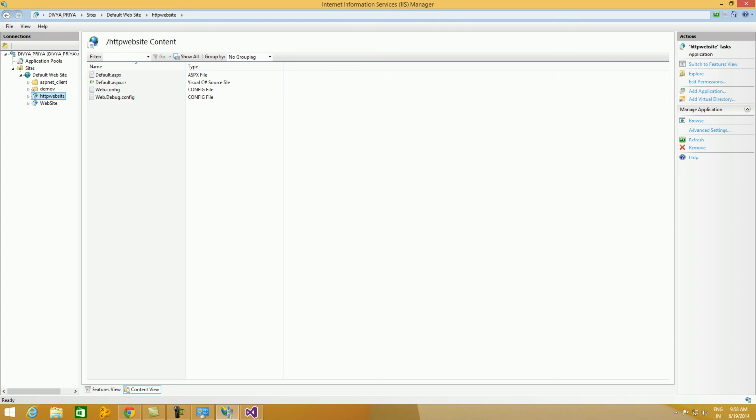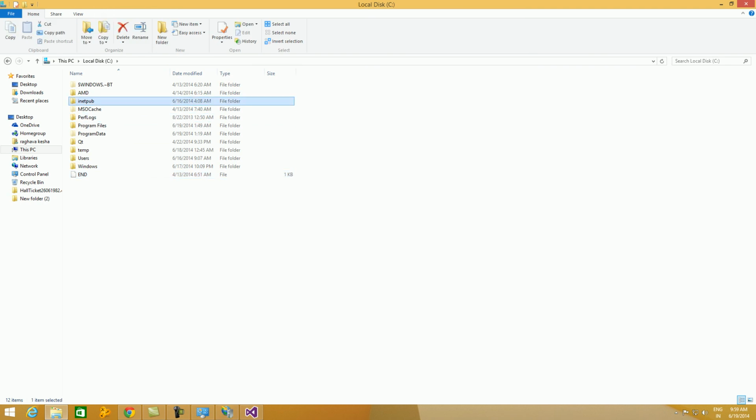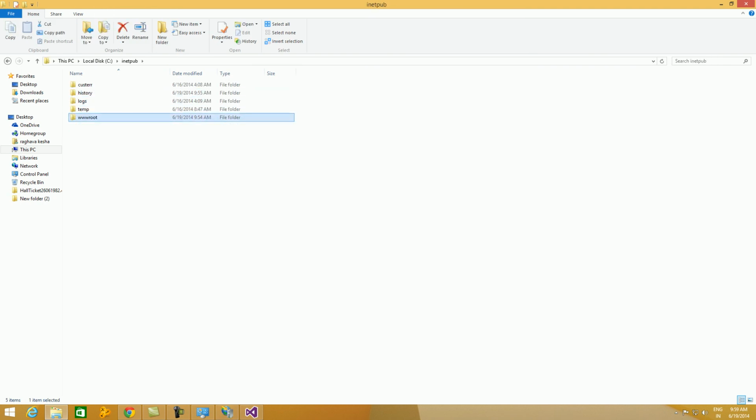So when you create a website and you select the location HTTP in Visual Studio, the website will be automatically deployed in the server, that is our IIS, Internet Information Services. A virtual directory will be automatically created and all the files will be deployed in that virtual directory. But the actual folder will be located in C drive, inetpub, wwwroot.